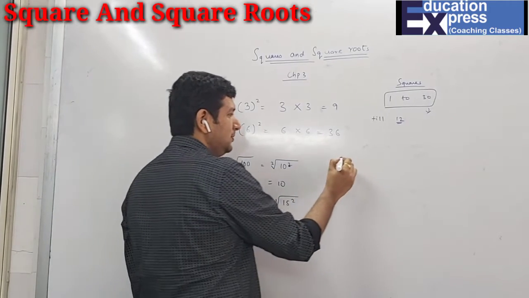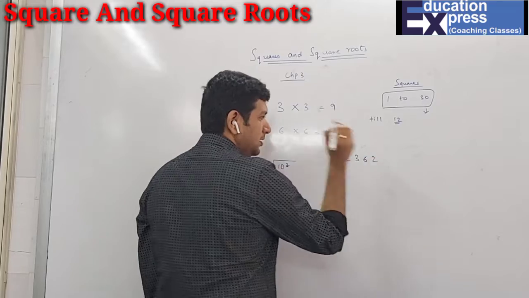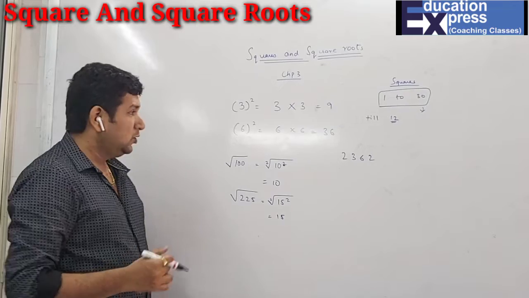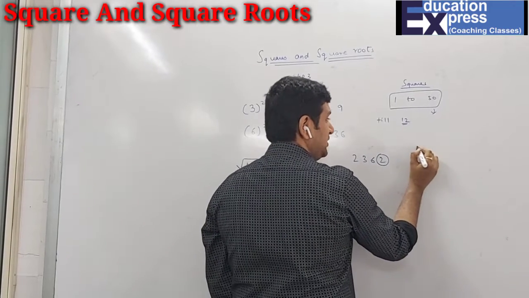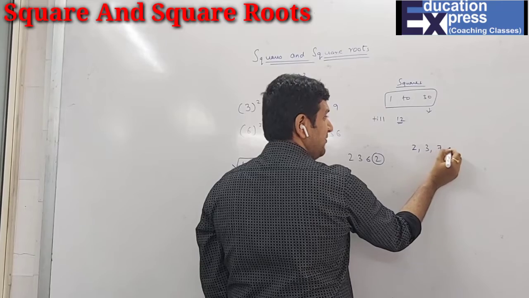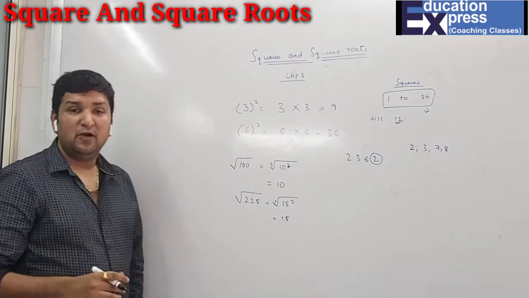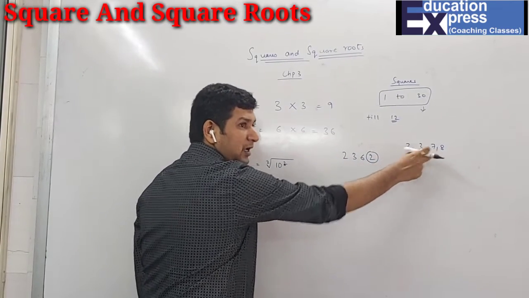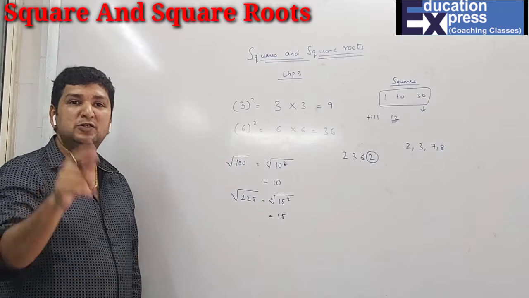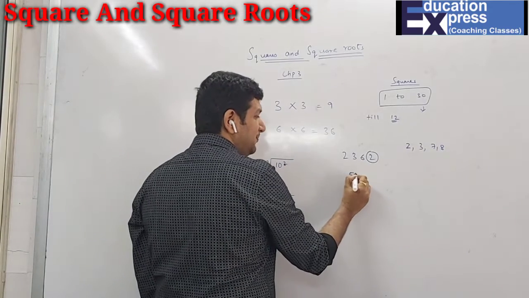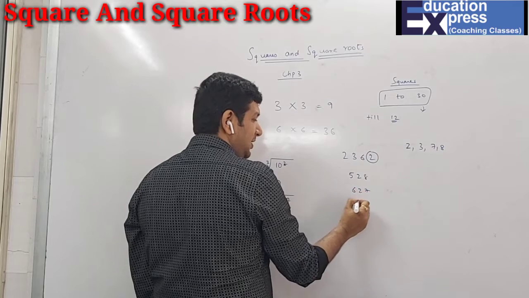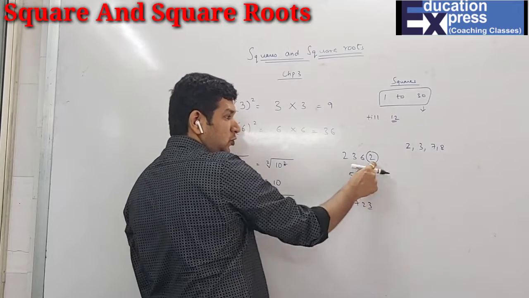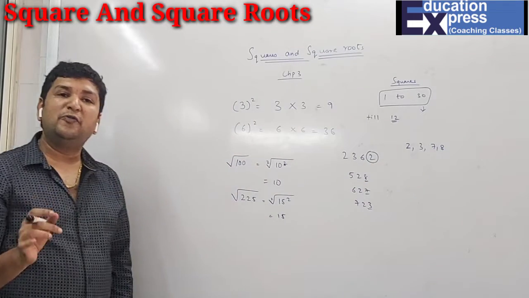Now, for example, looking at the number, can you say it's a perfect square or not? So yes, you can. Any number which has 2, 3, 7, 8 as a unit place will not be a perfect square. That means in the unit place, if you see it's 2, it's 3, it's 7 or 8, looking at the number only, you can say it is not a perfect square. That means if I say 528, 627, 723, you know that looking at the place, the unit place is 2, 3, 7, 8. That is not a perfect square.